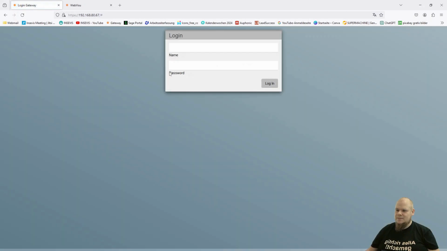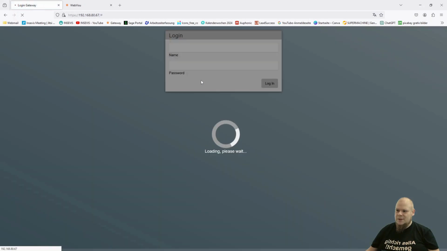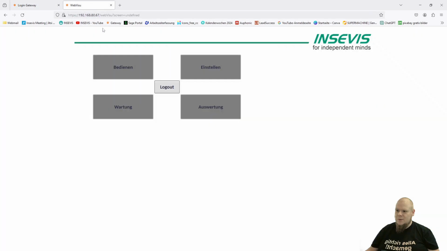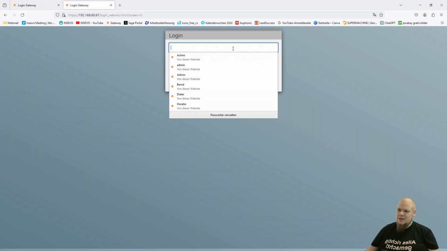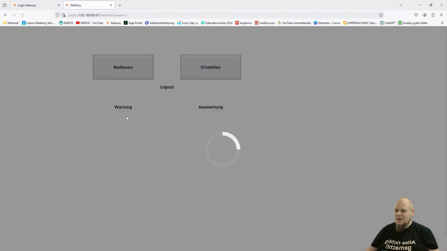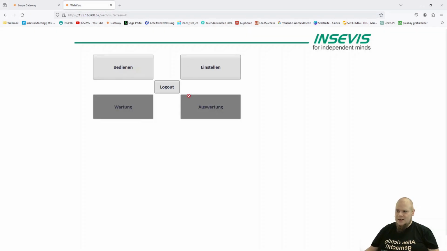I'm logging off here as admin and don't log in at all. Now I'm just logged in as a standard user. I have no operating rights at all. As we can see, if I now want to log into the WebVisu here, I simply press an element and the login screen appears. I can log in accordingly, for example, as an adjuster,